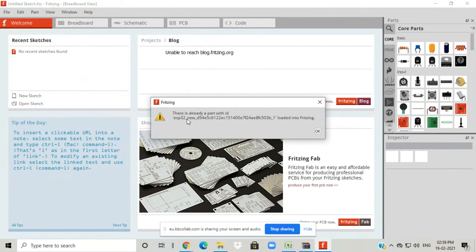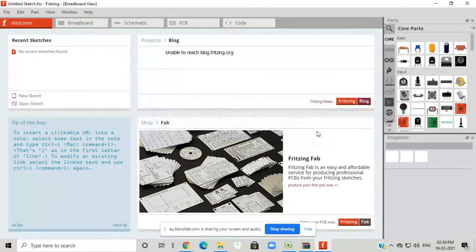This message says there is already a part with this ID loaded into Fritzing, so I already imported that file. Otherwise it will work for you. It will take 1 minute and then it will be imported in your software. Is it clear, students, how to import the different libraries in your Fritzing software?